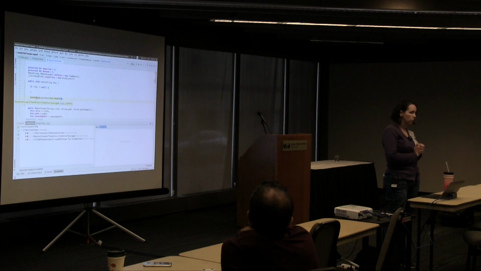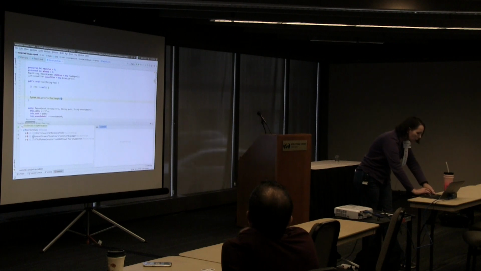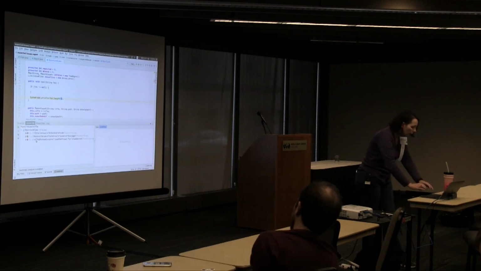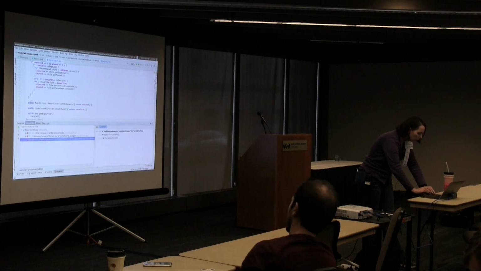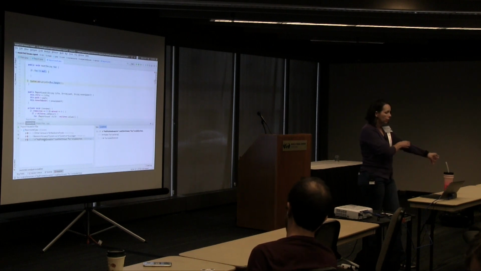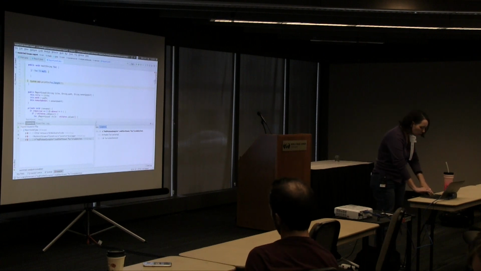It tells me I should be using a logger instead. And here it's saying, oh look, you could have the null pointer exception here. Now, down here I've got a list of all of the issues in the file. If I had opened the file with existing issues, those would be listed here as well. And if this were scrolled off the screen, I could go to it by clicking on the issue in the list. The other thing that does, clicking on the issue in the list, is over here on the right, brings